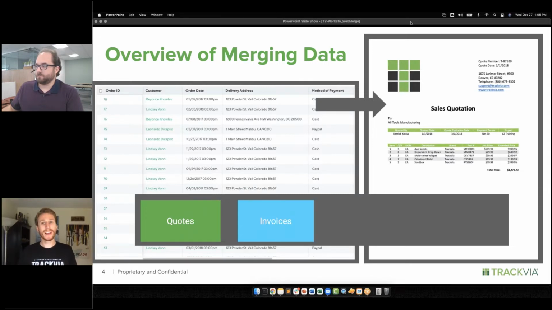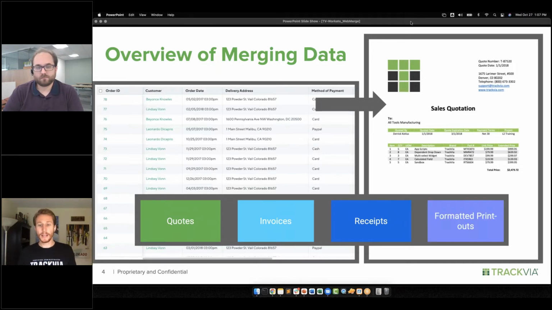Similarly, maybe you want to provide an invoice to a customer. So they have purchased something from you and you want to invoice them for that. Also in a similar vein, maybe you want to provide a receipt to a customer after they've paid for something. These are all similar, but they usually require that you take data from TrackVia and get it out into a PDF or a Word doc that you can share with them, whether you print it out and mail it to them, or email it to them, whatever it may be.